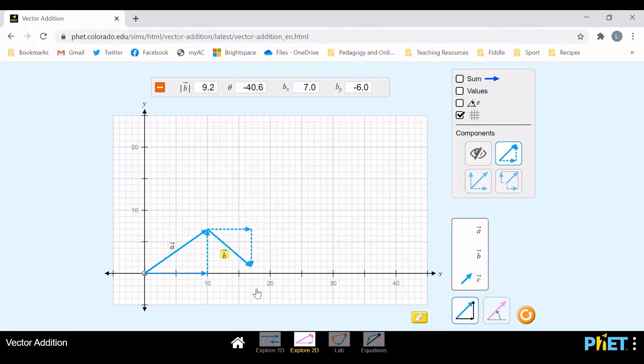If I take vector b, and it turns out that vector b put at the origin is actually in quadrant 4, you can see quite clearly that if I add vectors a and b, my resultant is also going to be below the positive x-axis, or also in quadrant 4. In this case, you can see that